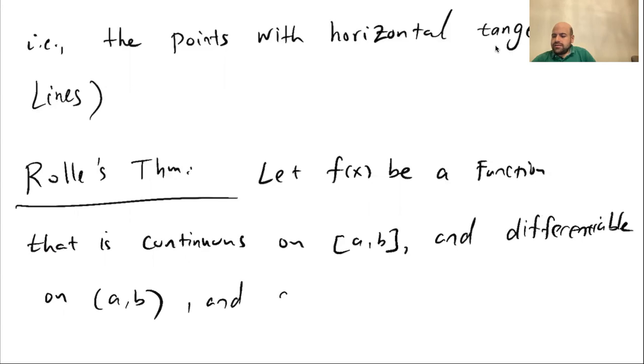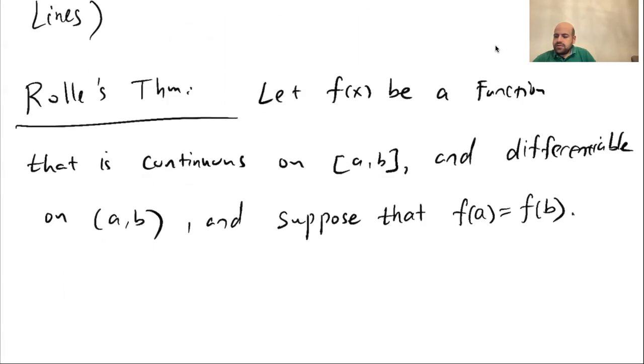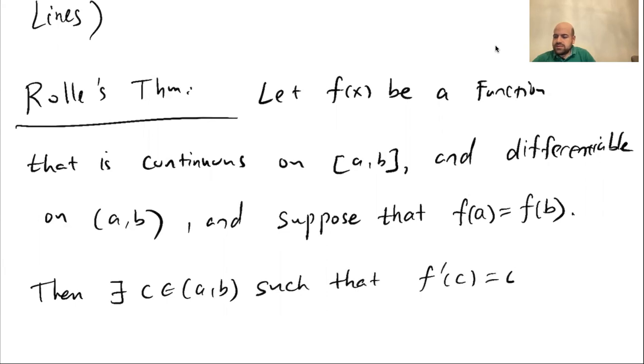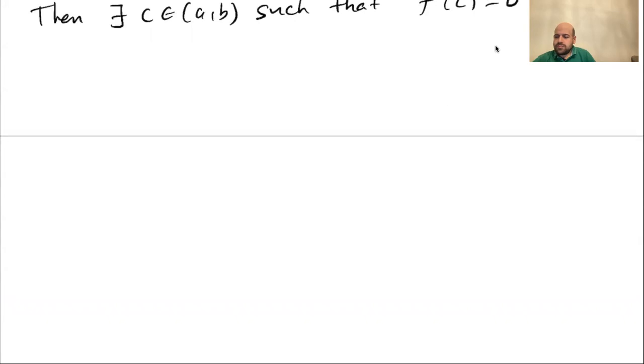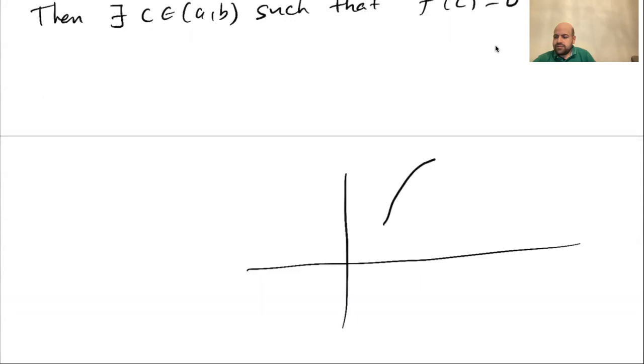And suppose that f of a equals f of b, then there exists c between a and b such that f prime of c is equal to 0. Let me sketch the graph for you. See, this theorem, called Rolle's theorem, says that if you have a function f defined on